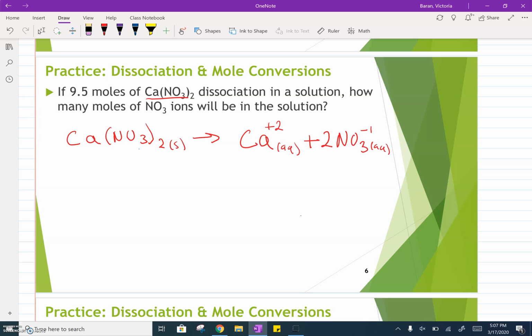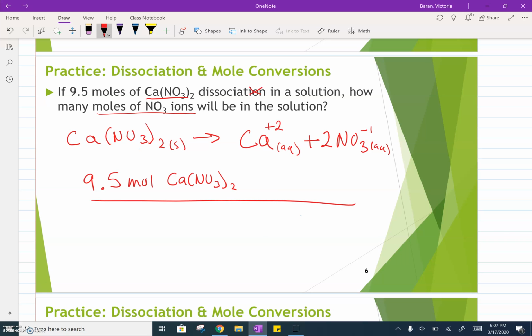Now the question is asking if 9.5 moles of calcium nitrate dissociate in a solution, how many moles of NO3 ions, which is nitrate ions, will be in the solution? So we will have to set up a picket fence for this. So you are going to start with what they gave you, which is 9.5 moles of calcium